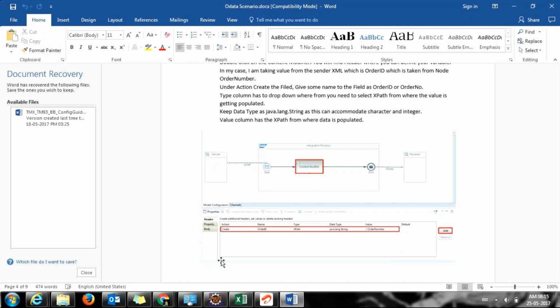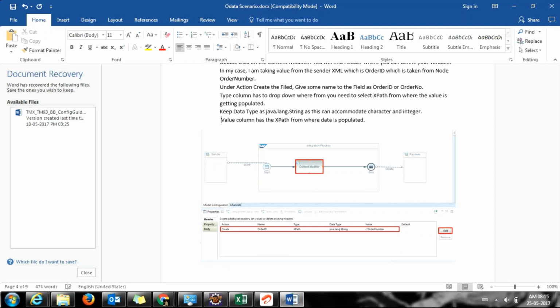So either we can do hard coding of the message, which I will just show,